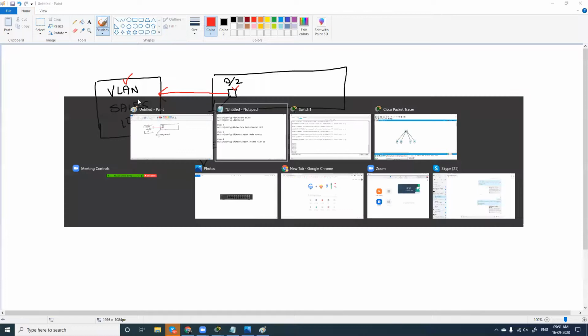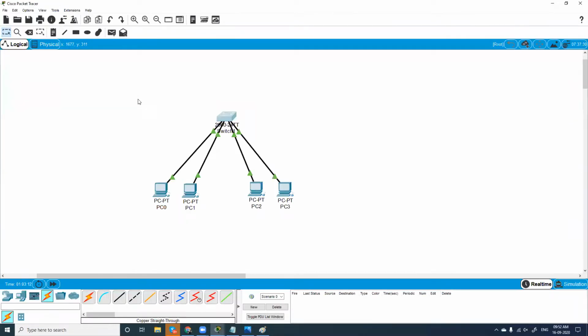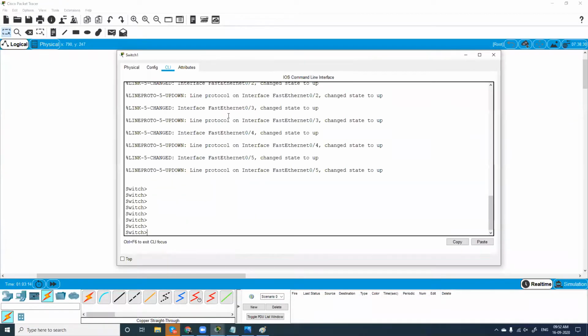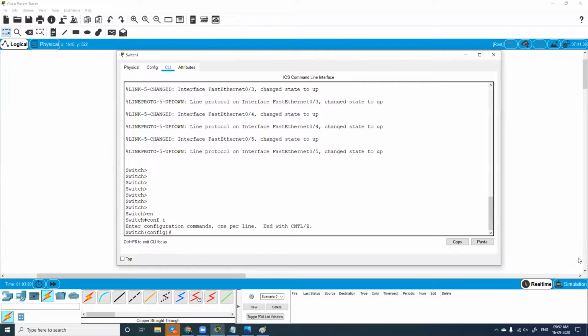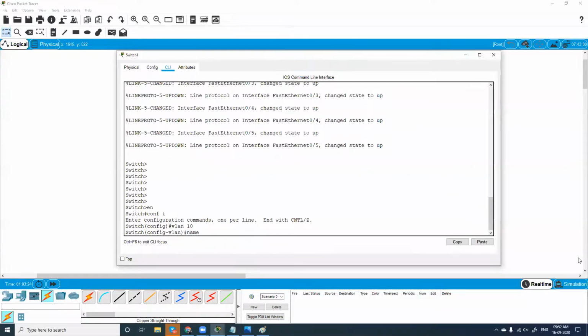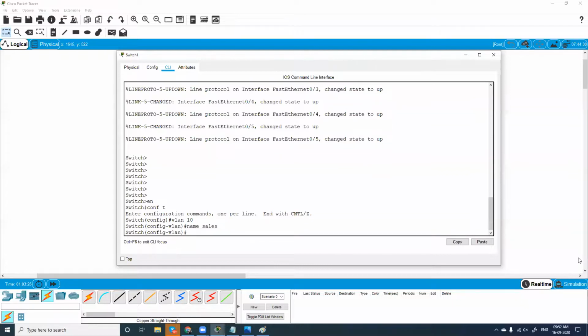Fine. I'll do this here in Packet Tracer. So enable, conf t, and we'll type VLAN 10 and the name is sales. Now VLAN 10 with name sales is created.